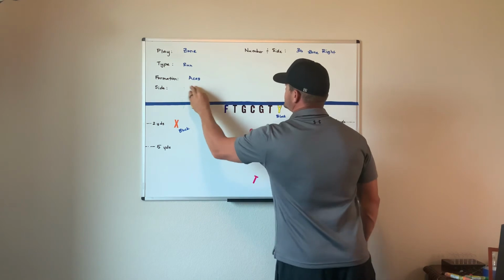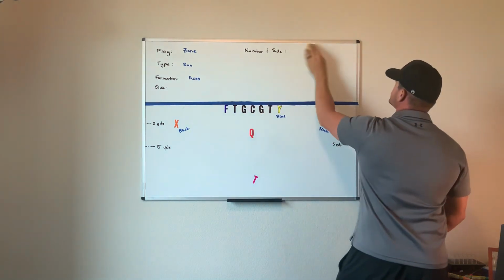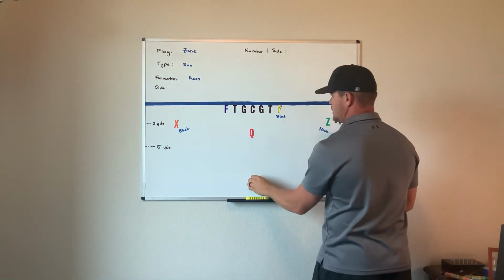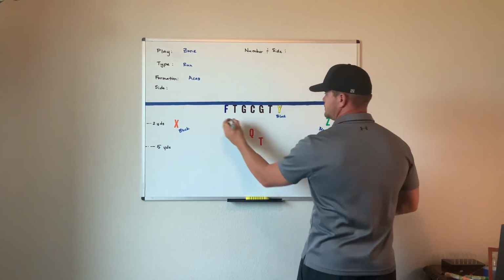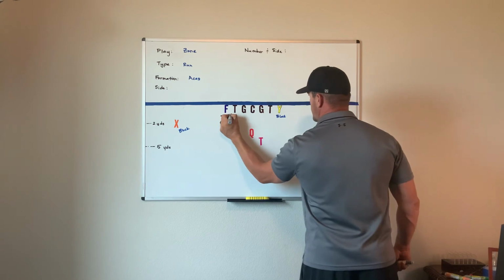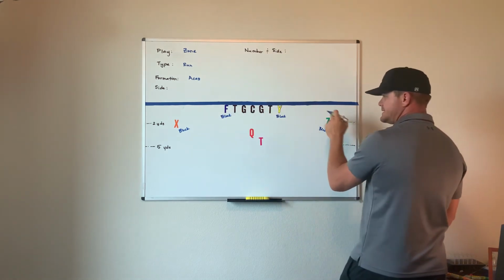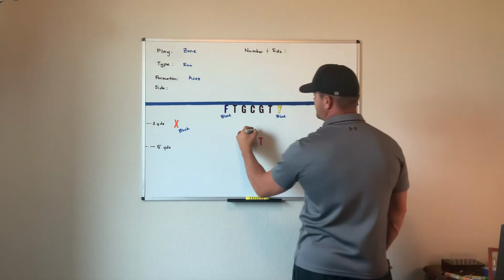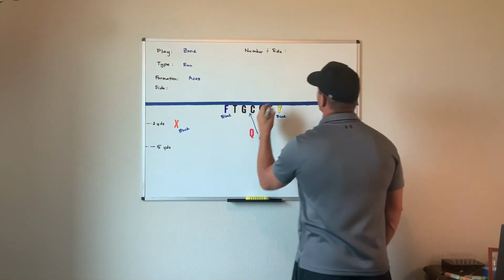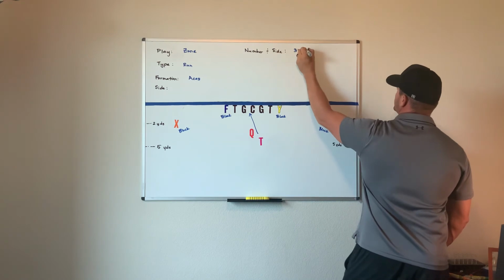If we say aces right, tailback's going to be on the right side. F and Y are on the line as tight ends. They're both blocking. Z and X are off. They're both blocking. Since the tailback's on the right side, they've got to run to the left into the one hole. So that's called 31 zone